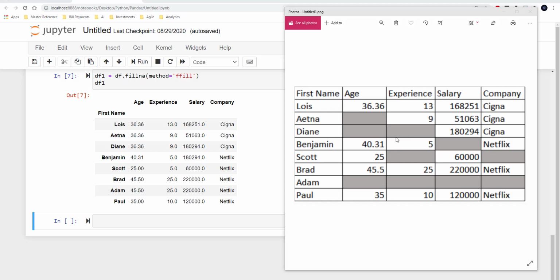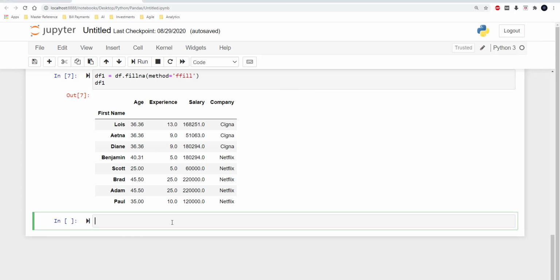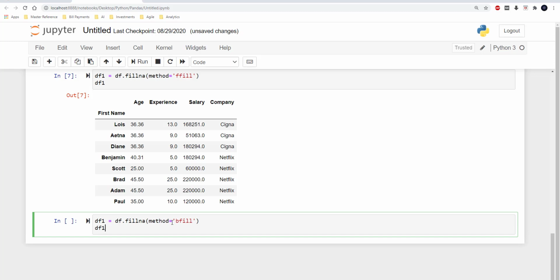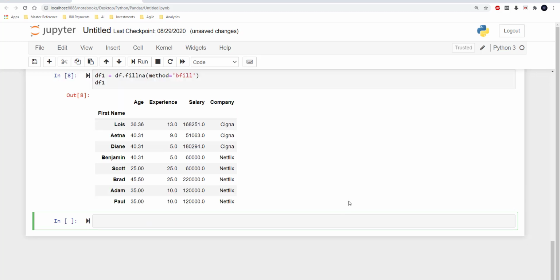Say when I use the method bfill, then these two cells, the age of Etna and Diane, would be copied from the age of Benjamin, so the values would be filled backwards. In order to demonstrate that, I am using fillna, and then I am specifying the method as bfill, and again I am just assigning it to df1, displaying the value of df1, and when I run this,